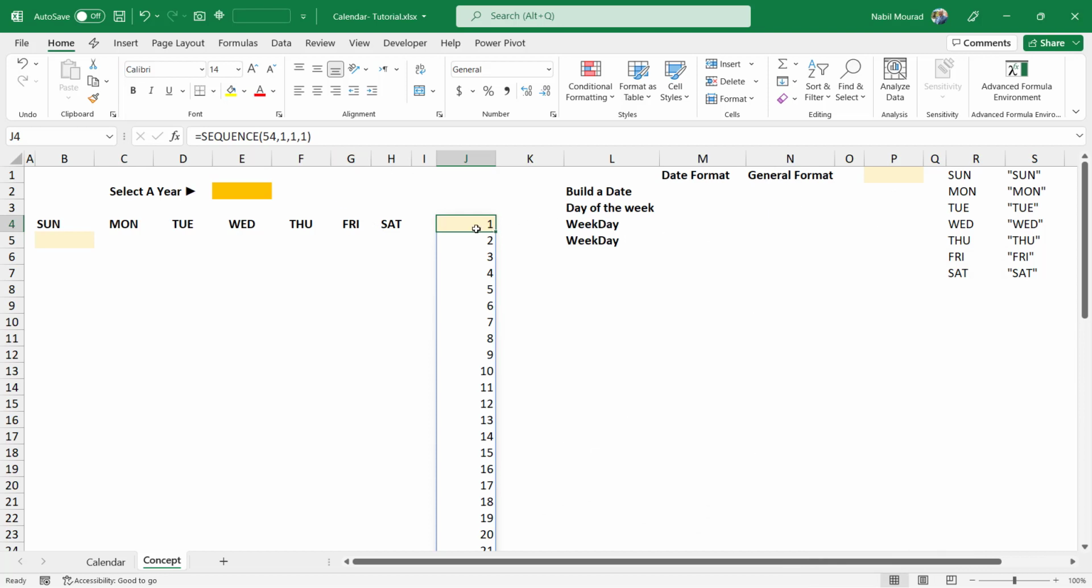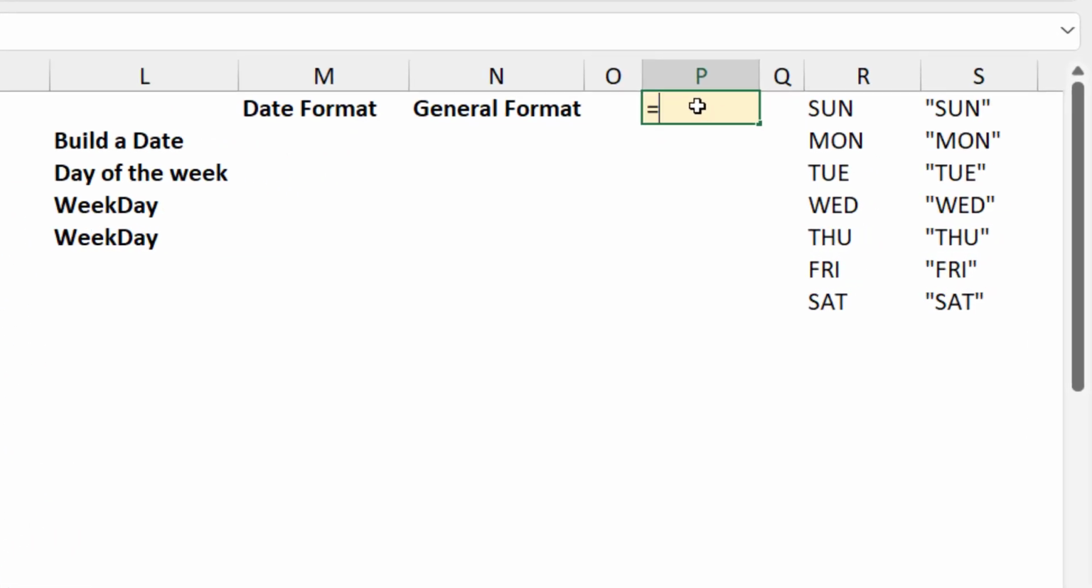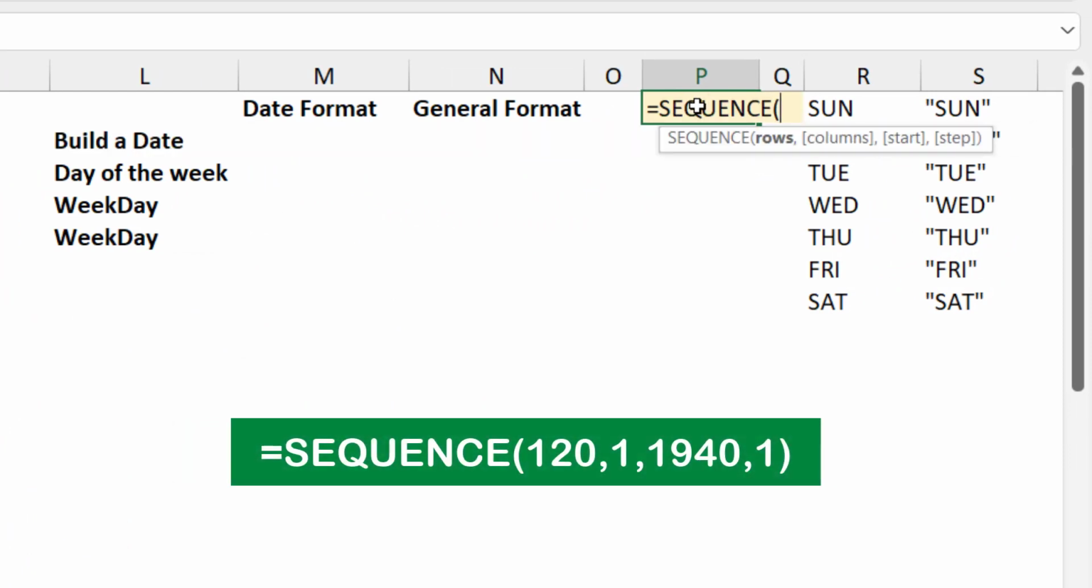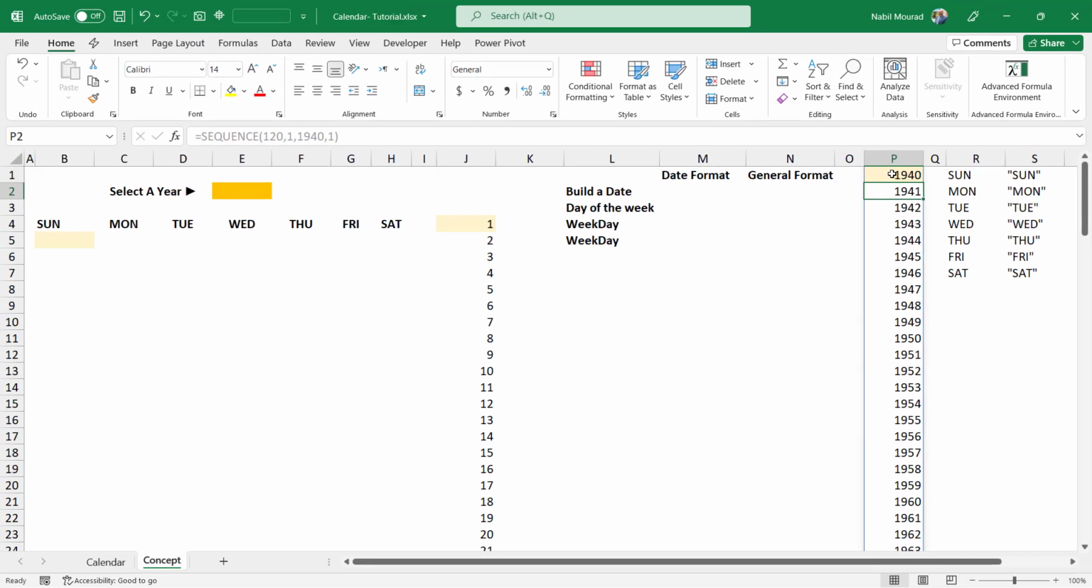Let me create another sequence function that I'll be using for creating a drop list for the years. So in cell P1, I type equal sequence, I hit the tab key. I want a sequence, let's say, of 120 rows, which means 120 years. I type 120. You can change the number as needed, and then I type a comma. I want one single column, and then I type a comma. And I want to start, let's say, at 1940, and then I type a comma, and I want a step of 1. When I close the bracket and hit enter, I get the list of years that will be used